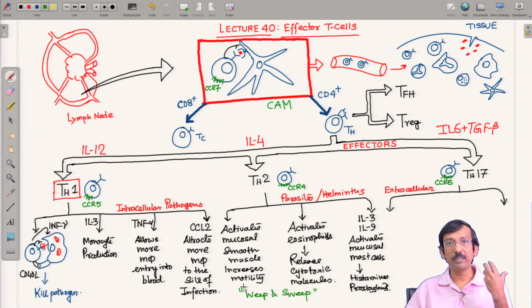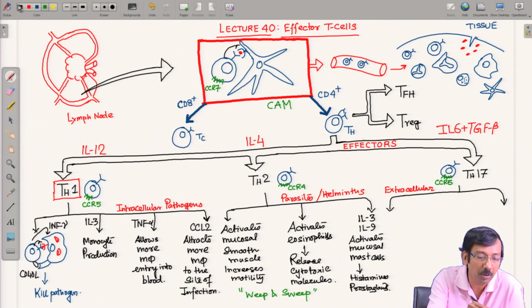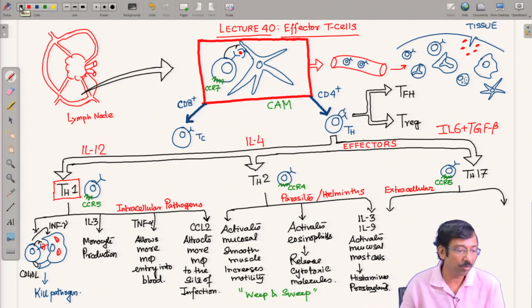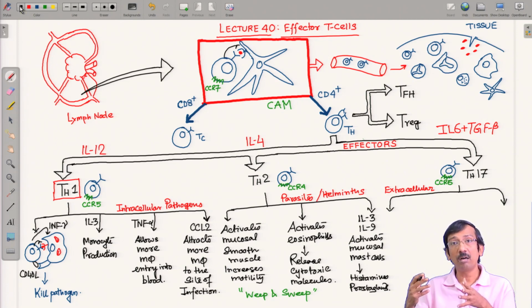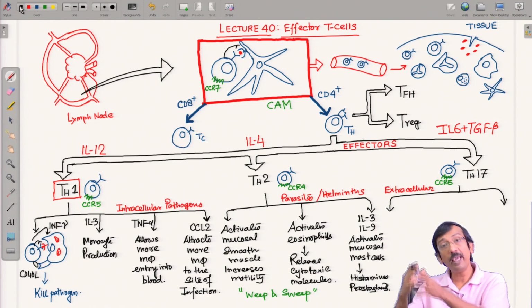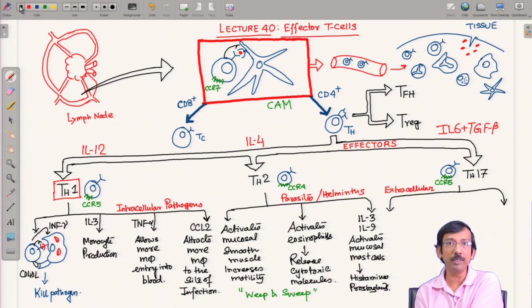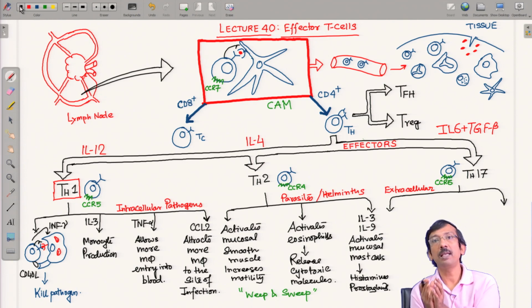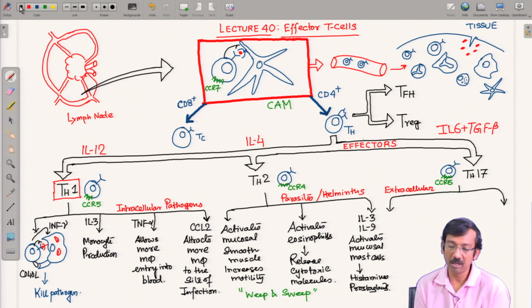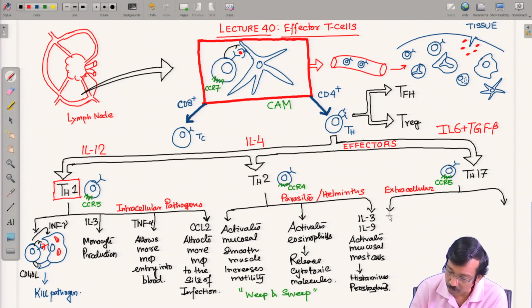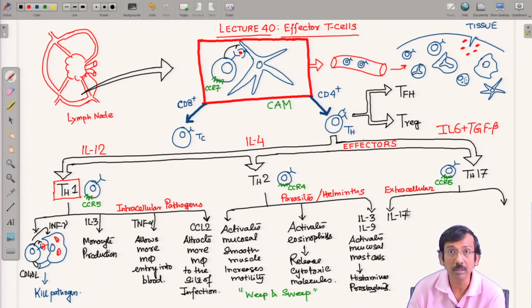A third effector mechanism is the Th17 response, and the Th17 response also induces the epithelial cells. As I told, the Th17 response primarily deals with extracellular pathogens, the pathogens which have not been ingested or internalized. So they help certain cell types release cytotoxic material or some bacteriostatic or bactericidal material. They produce interleukin 17, as I told, they are the primary producers